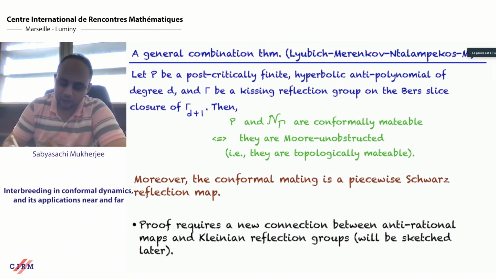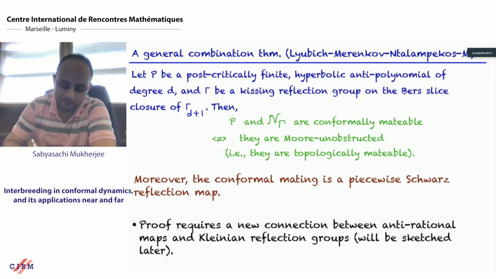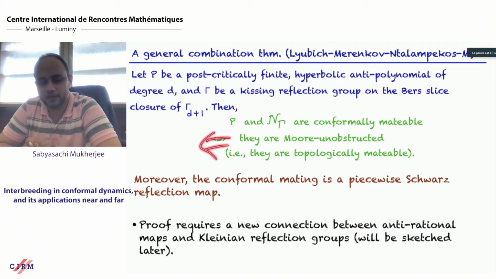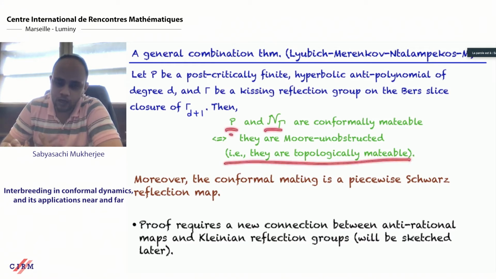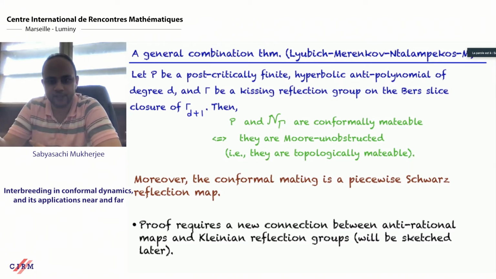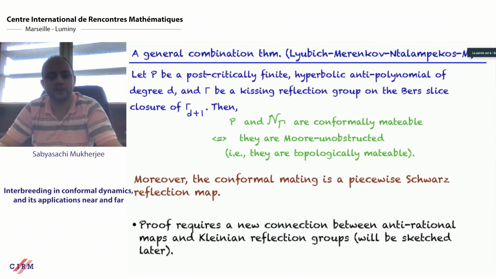And it turns out, obviously one direction here is obvious. The main point is to prove the reverse direction. If you take these two dynamical systems, glue them using the prescription that I just mentioned, and you get a topological two-sphere with a partially defined map on it, the question is whether there is a conformal structure on that sphere that turns everything into an antiholomorphic map. And what kind of antiholomorphic map are you going to get if you manage to do that?